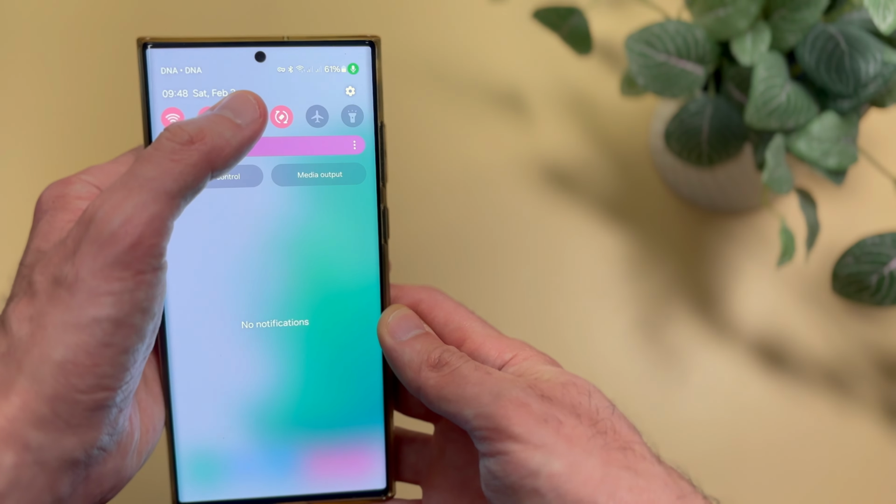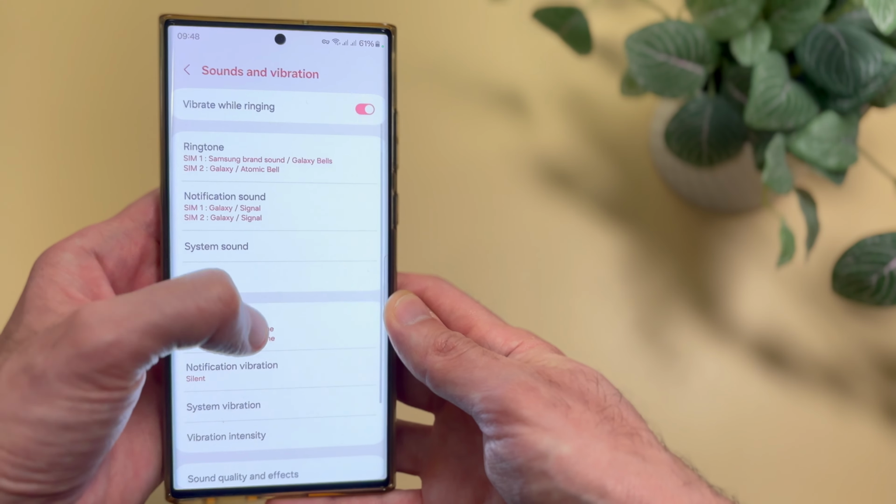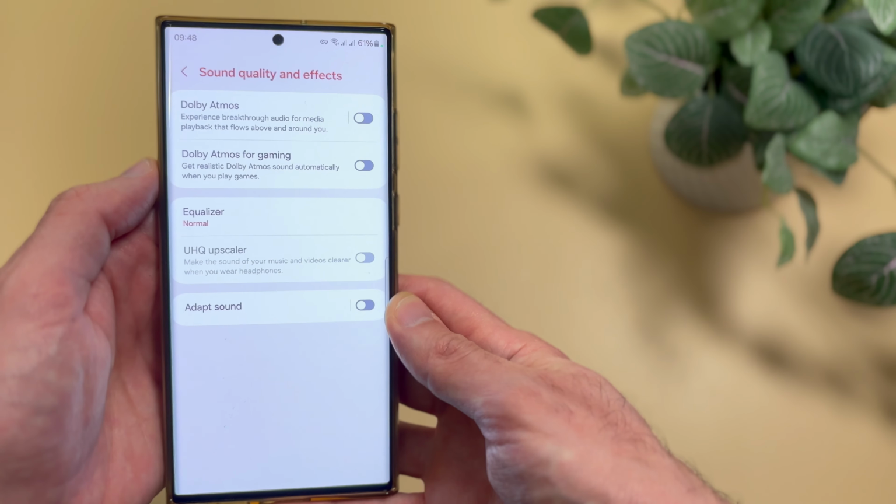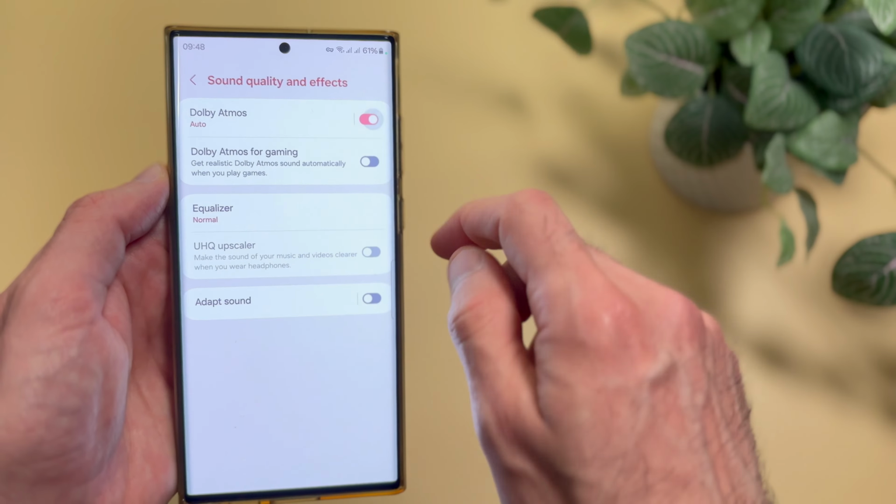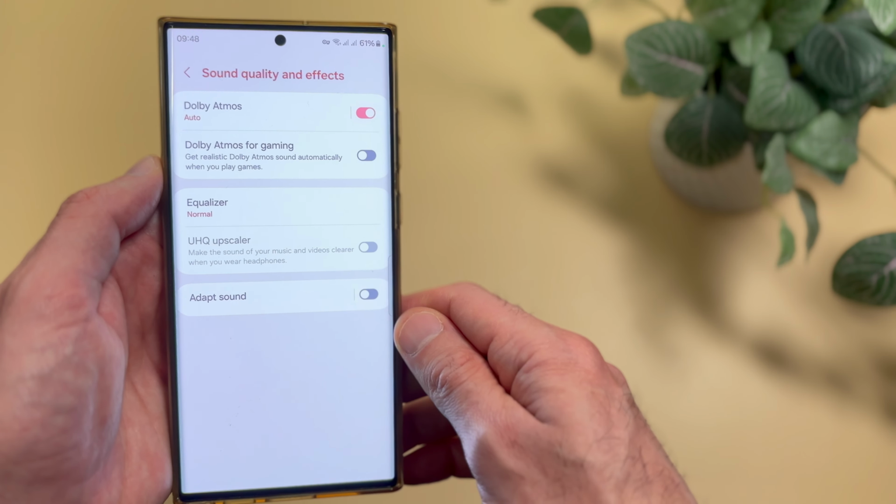Whether you're into watching content online or gaming on your phone and you use your headphones, there's a way to enhance your listening experience by making it more immersive. And it's really easy to do. If I now go to the sounds and vibration again and then scroll down and go to sound quality and effects, I can turn on the Dolby Atmos, and if I tap it, there's a hidden menu here with 4